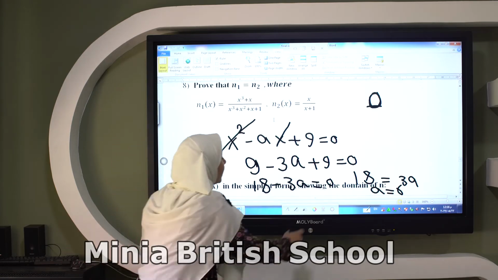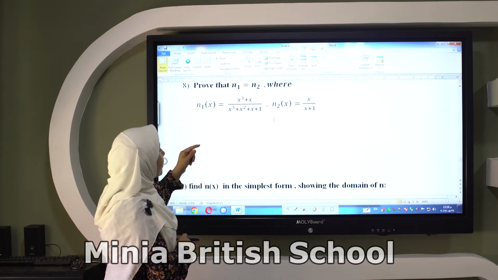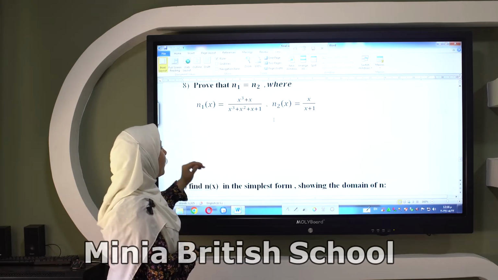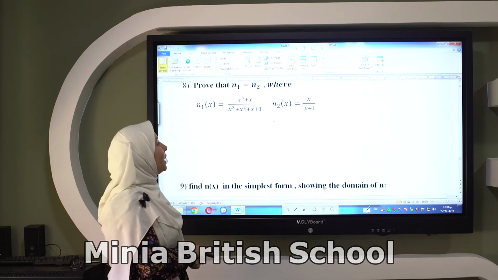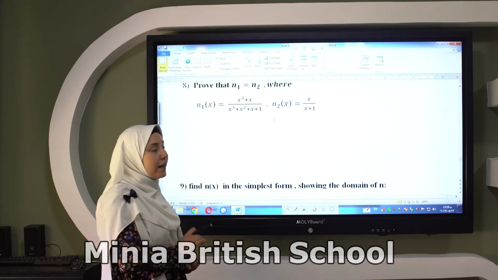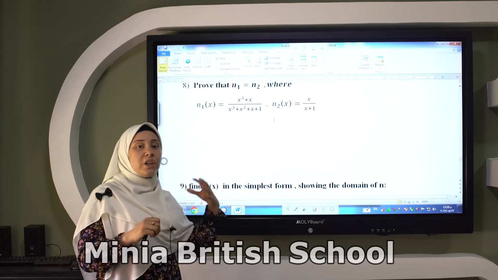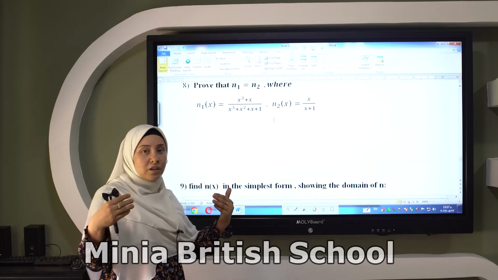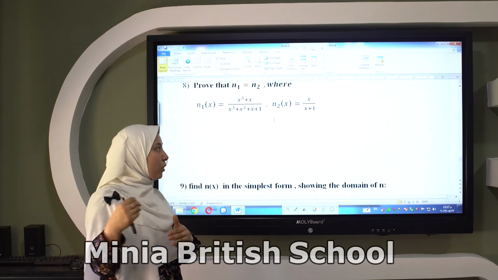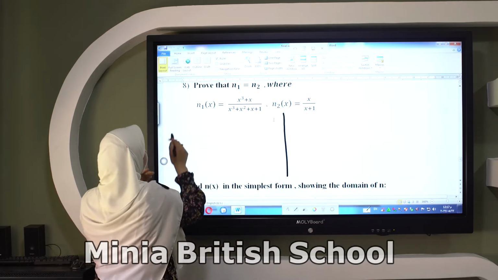Prove that N1 equals N2, where N1(x) equals (x^2 + x) over (x^3 + x^2 + x + 1) and N2(x) equals x over (x + 1). Here you need to find the domain first for each function, then find the simplest form for each one. Okay, so the first function here,